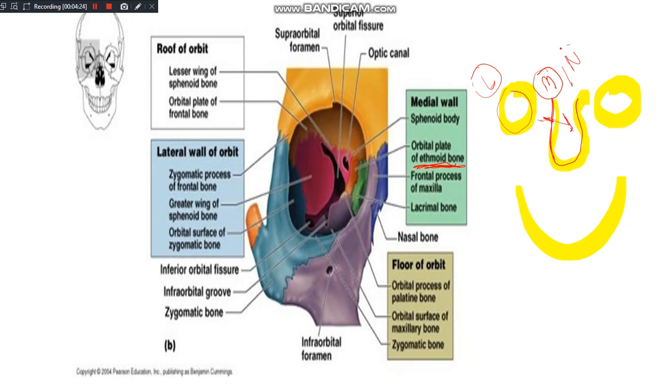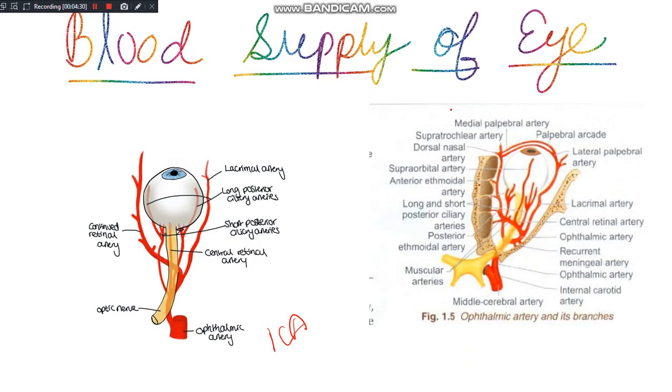So this is your medial side or the nasal side, and this is your lateral side. The medial wall is formed by the ethmoid. So now if you look at this diagram, can you say which one is the medial or the nasal side? Excellent. This side is your nasal side, and the bone shown here is your ethmoid bone. You can see the orbit, it is pyramidal in shape actually, and the medial side is formed by the ethmoid along with few other bones.